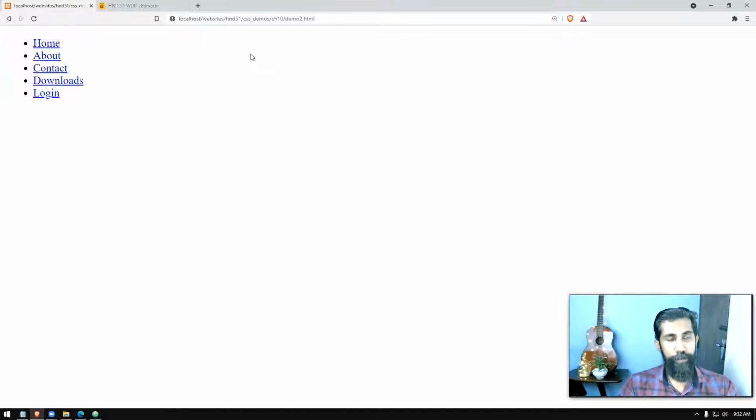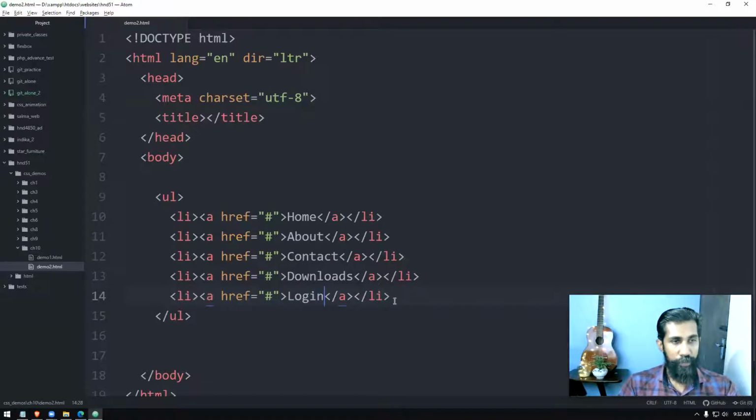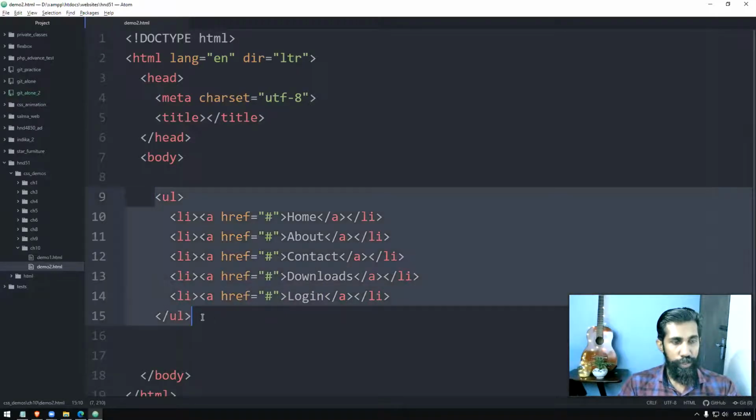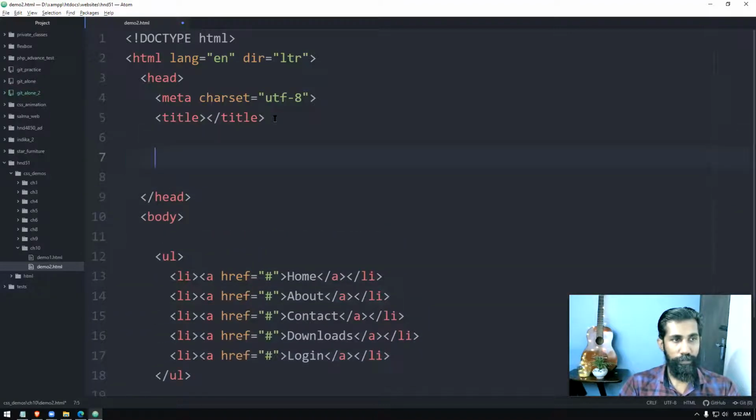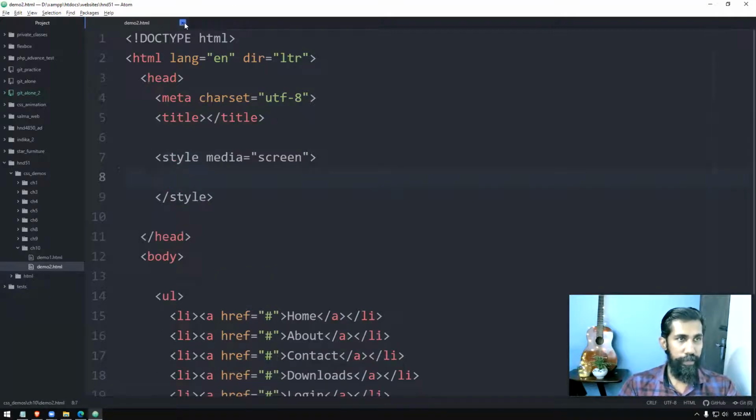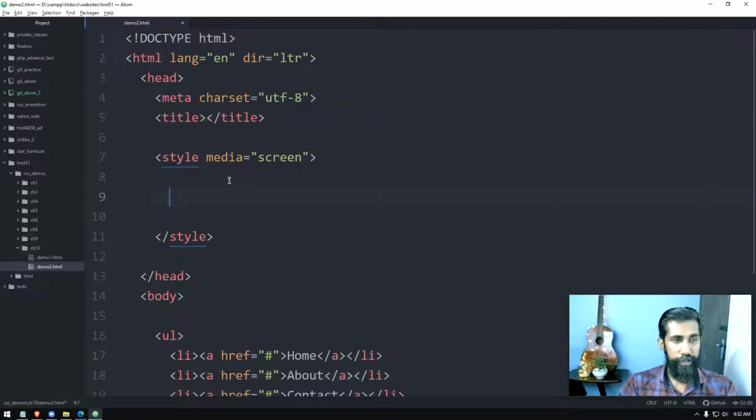So we're going to give it a format, right? We haven't done the positioning lesson yet, we're going to do that next. So I'm only going to build this into a navigation bar. Okay, I can come over here and start my style tag, right? Then we have to start with the selectors, right?